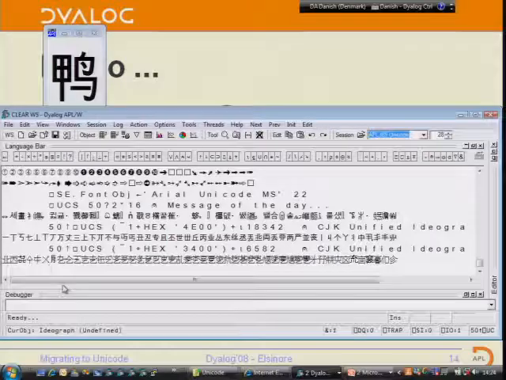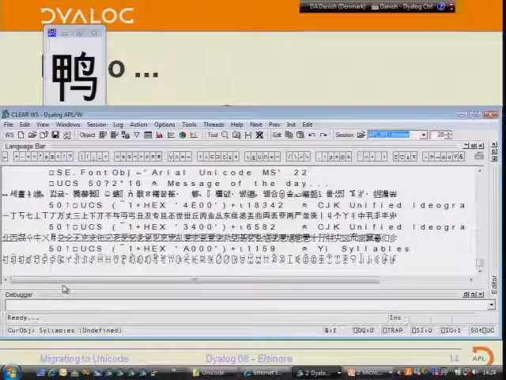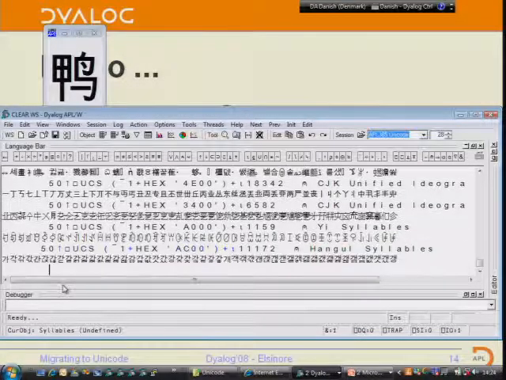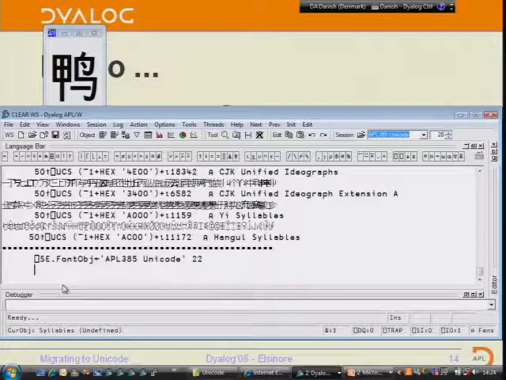These guys must have had a lot of meetings. Yi syllables, because the Chinese and the Koreans use the same symbols with different meanings, and getting a committee to agree on that must have been difficult. And the Chinese and the Japanese. The Koreans actually have these Yi syllables and Hangul syllables.